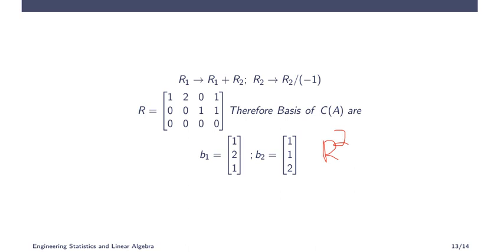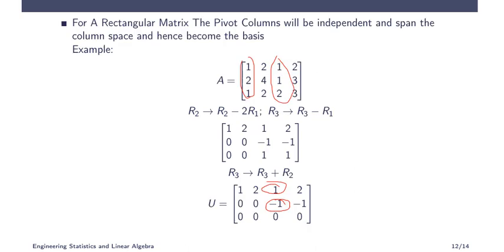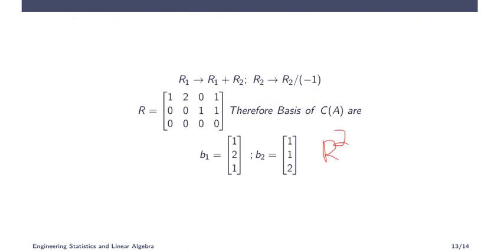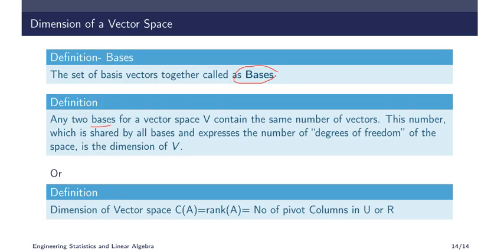So you have many other combinations also, but if you do another combination, you will get only B1 and B2, or if you reduce this one, you will get only two pivot columns. Another vector similar to this one you will get. So that is what it says. The number of elements in a basis, here it is 2 in the previous example, will remain the same for a given vector space. That number of elements is called the dimension of V.